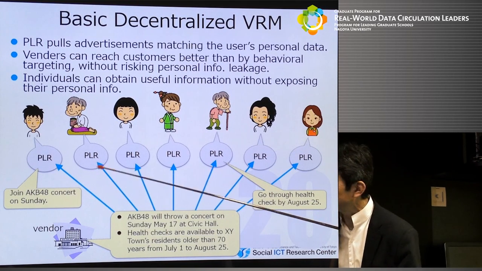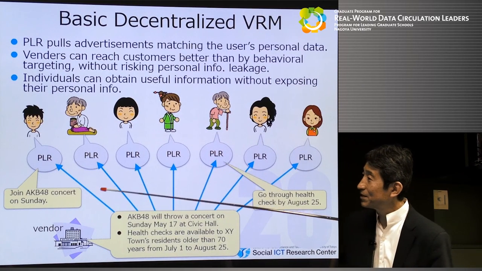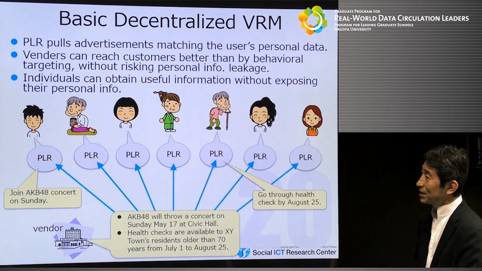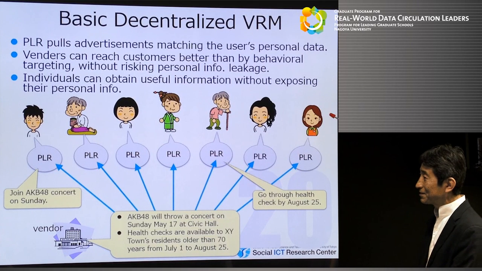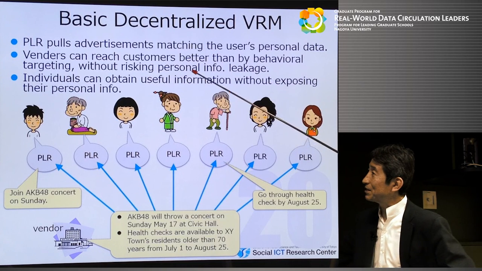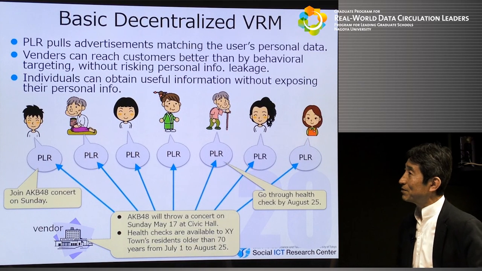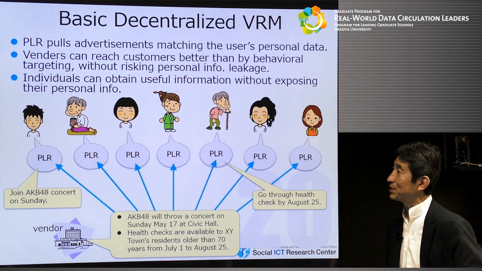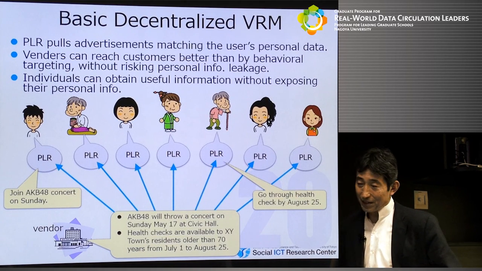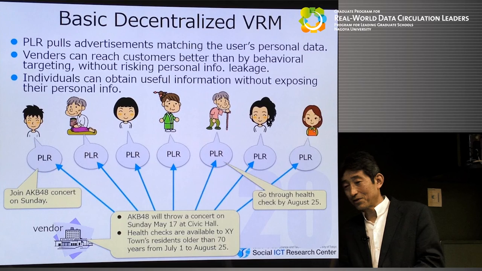Because these are pieces of information relevant to each of these individual consumers. And what is nice in doing that is, first, vendors can reach customers better than by behavioral targeting without risking personal information leakage. If you remember the incident of